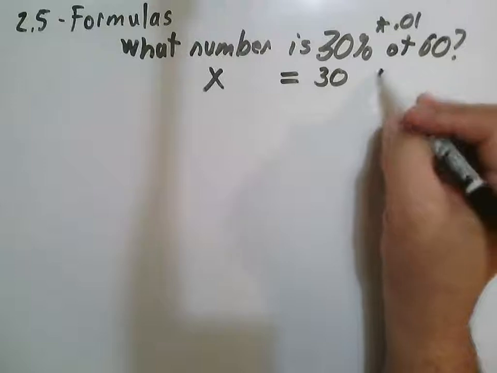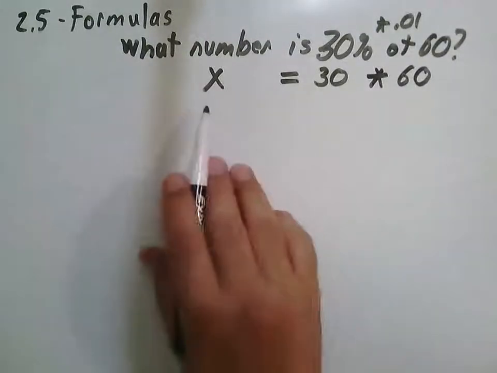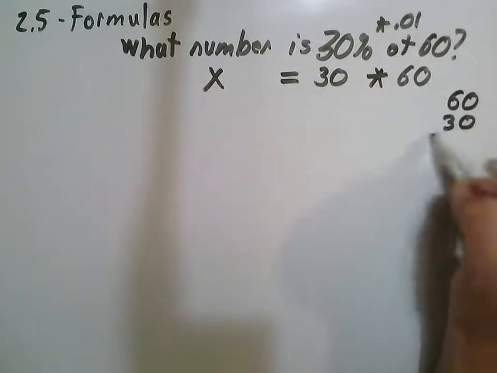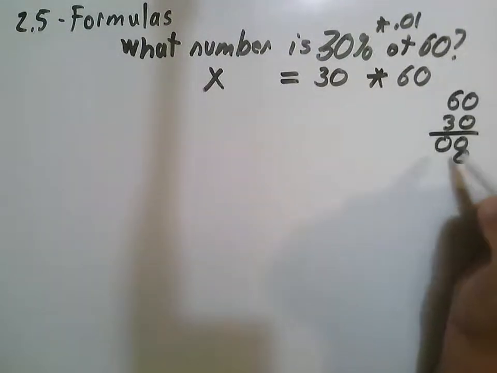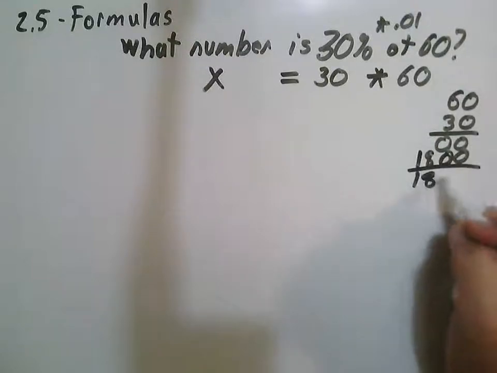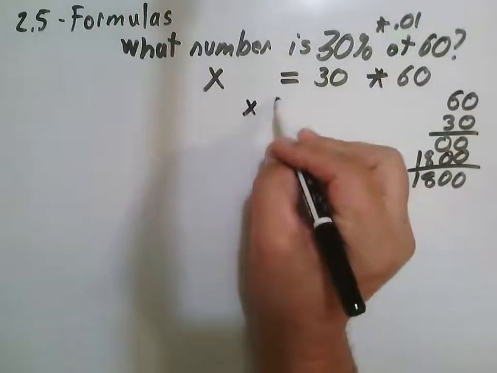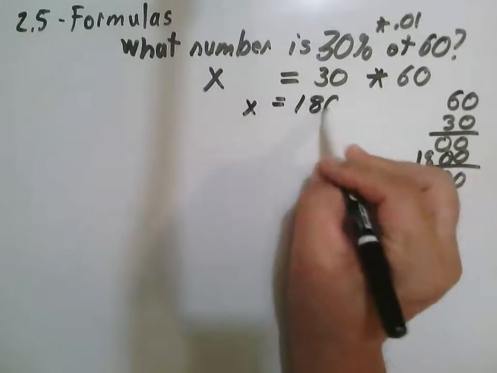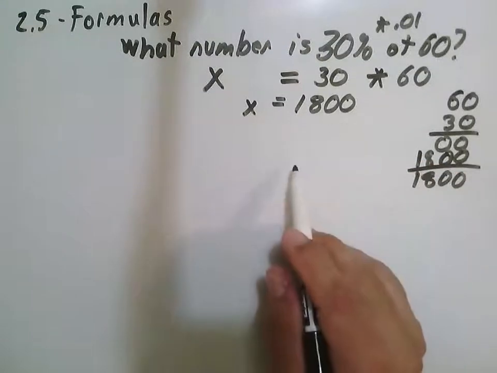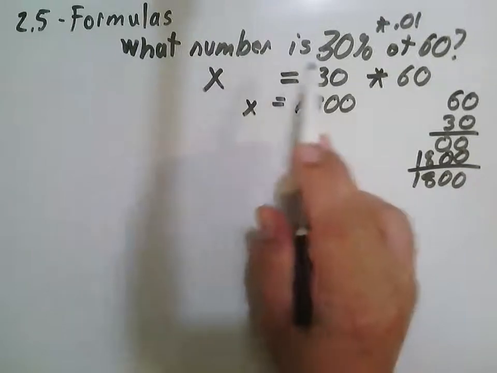The "of" is telling me to multiply, and then 60 just comes down. This is basically telling me that x is going to be 30 times 60. Now if I multiply 30 times 60, that's going to give me 1800. And remember, our numbers generally stay pretty small. But I said if we got into thousands or even other ones, they're going to have 2 zeros at the end. So basically, x is going to be equal to 1800